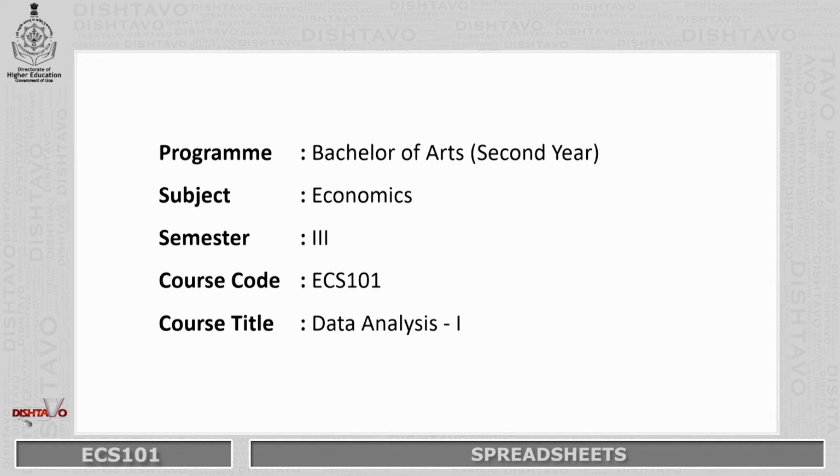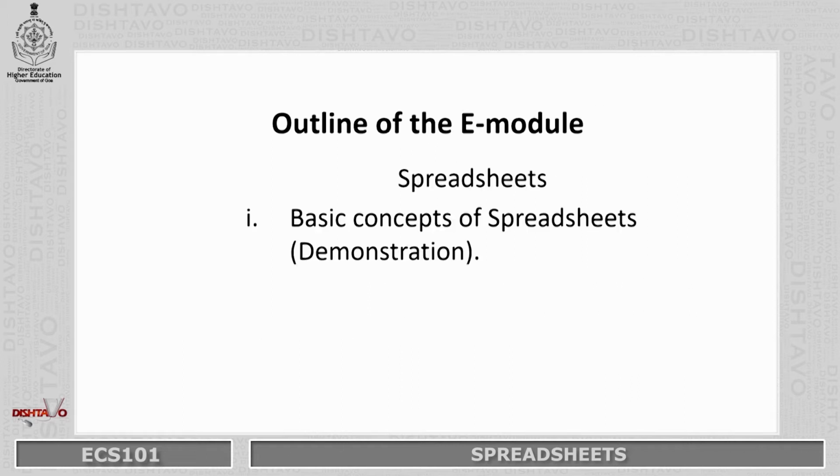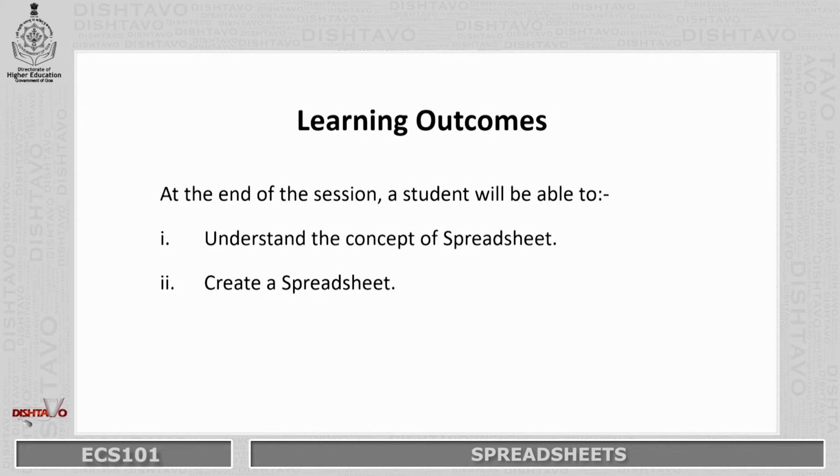The course code is ECS 101, under which we will learn the first module, that is module number 1, titled Introduction to Spreadsheets. The outline of the module: we will be learning about the basic concepts of spreadsheets. Learning outcomes: at the end of the session, a student will be able to understand the concept of a spreadsheet,